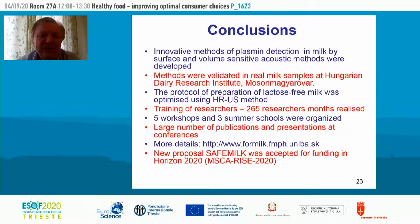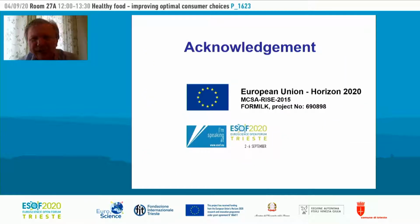So we are very happy that after a new proposal which we submitted to Horizon 2020 in May, we obtained funding, and we are now starting next year a new project which is also focused on milk, but will be focused on milk safety, and especially on optimization and development of innovative methods of detection of bacteria and antibiotics in the milk. So I would like to thank, first of all, the European Union and the Horizon 2020 programs,